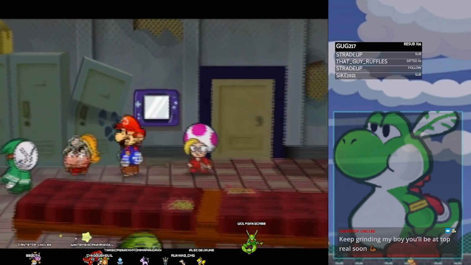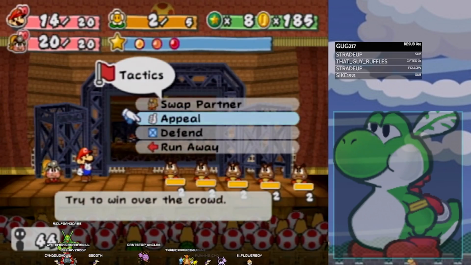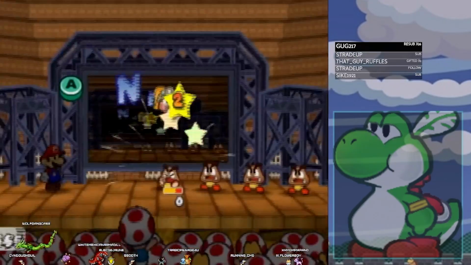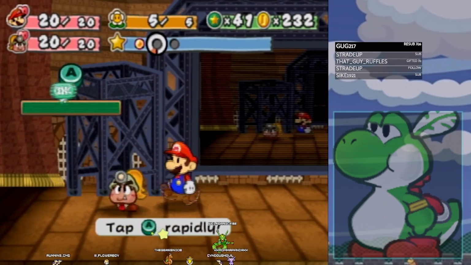We sign up for our first fight and each fight requires us to do something specific, such as use hammer only and so forth. Our first fight requires us to use appeal, and this is a neat little aspect of Glitzville I enjoy, as it adds a challenge to what are mostly easy fights. After some fights, we face off against 2 hyper clefs that we can't damage, so we lose on